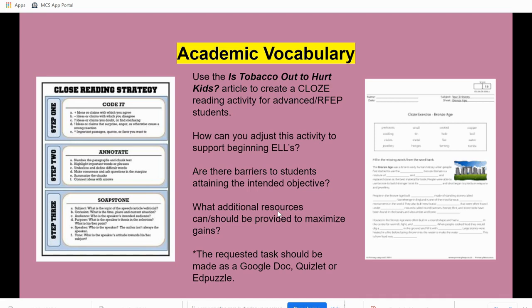Our Spanish speakers have it a little easier because there is a lot of transfer between the English and the Spanish language. Many words are kind of aligned with each other. But if we have students who speak Vietnamese, Mandarin, or Cantonese, there is a big gap in how the English language transfers to their home language.